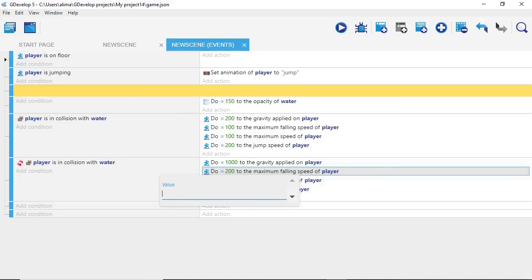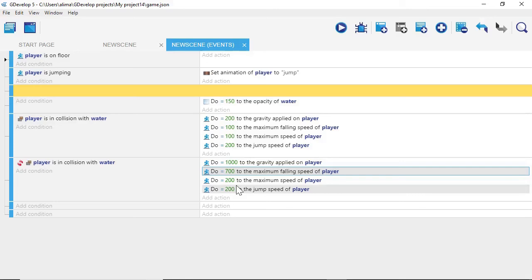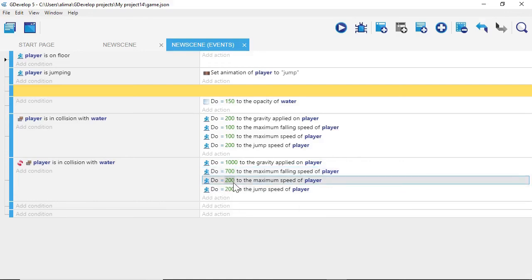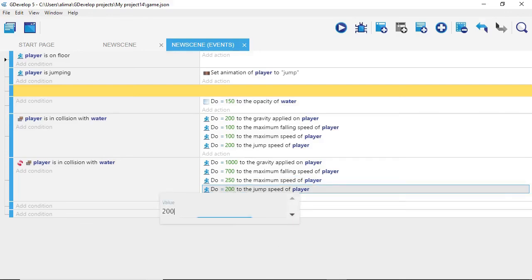The maximum speed, we want this to be 700. At a maximum falling speed. The maximum speed of the player, we want this to be 250. The jump speed we want to be